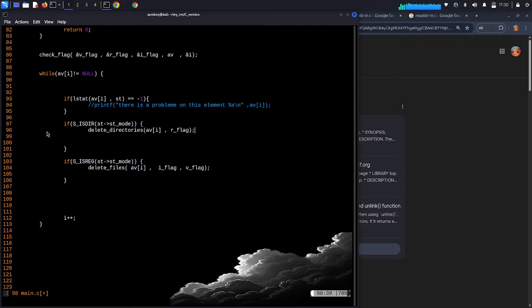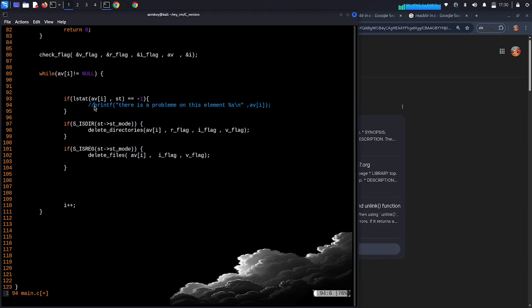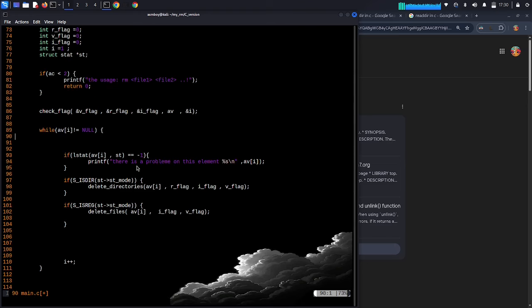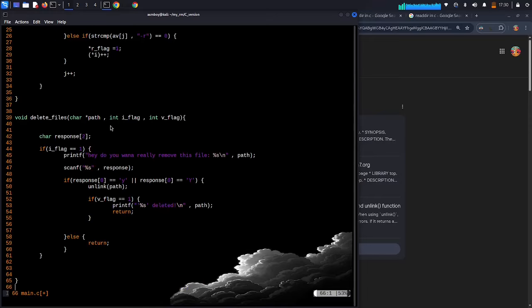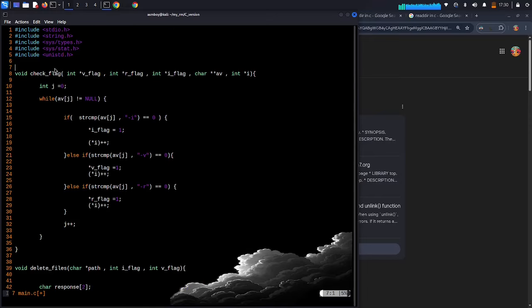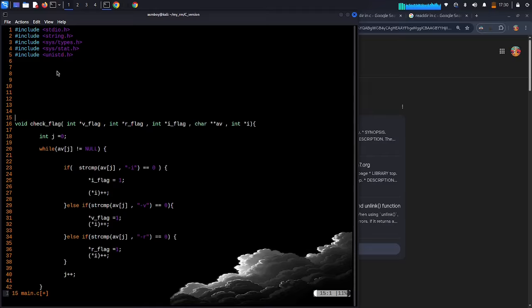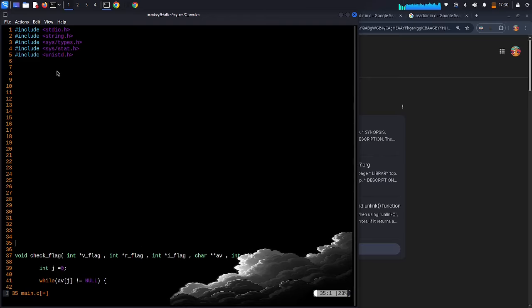Alright, so we have here the r flag and the argv of index i, and I need also to pass the i flag, okay, and the v flag. Alright, let's get this. Good. Okay, I need to copy this and I'm gonna go up here like this and make it